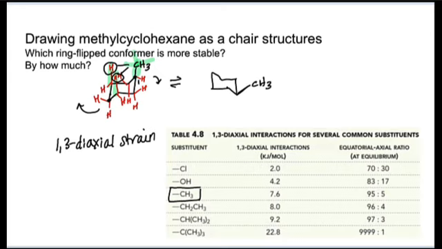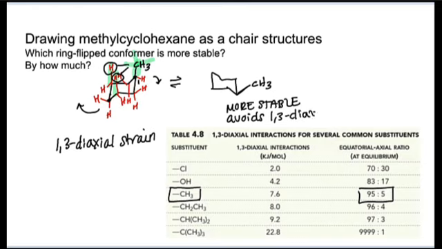And so what that means is that 95% of the molecules would be in the more stable conformer, which is going to be the one that has the methyl group in the equatorial position. So this will be more stable